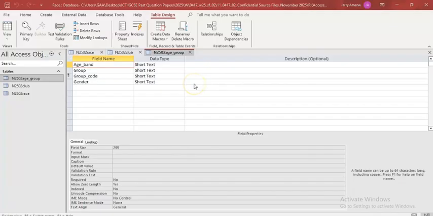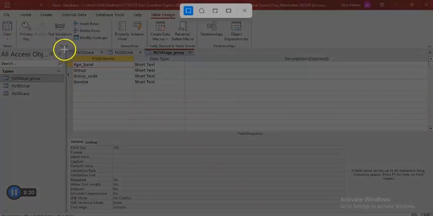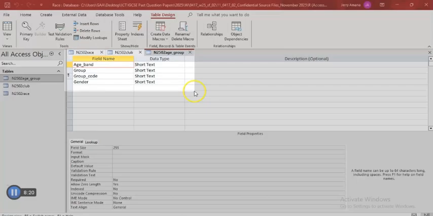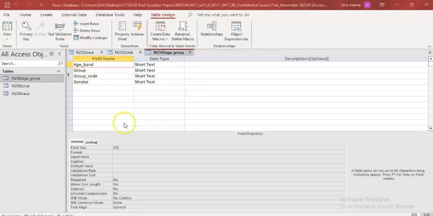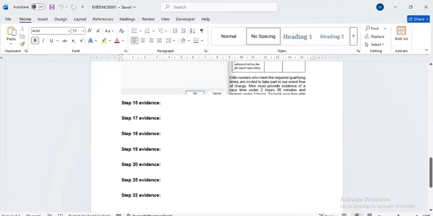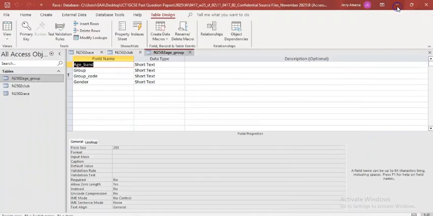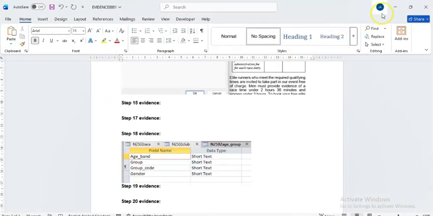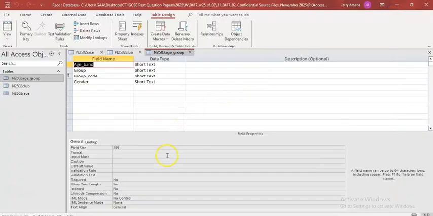Oh, sorry, I'm leaving out the primary key, so you need to include the primary key. Okay, so that's the primary key there. So you can go to your evidence document. That should be